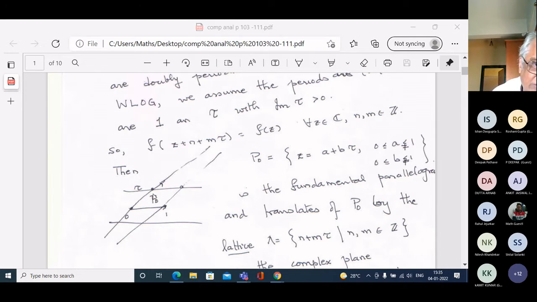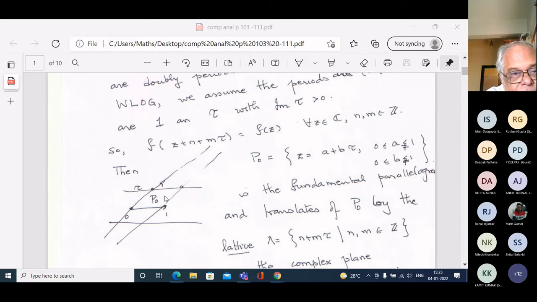So if you have a holomorphic function that is doubly periodic, then you look at what happens on the closure of this one parallelogram. Then the function is continuous. This parallelogram closure is a compact set. A continuous function on a compact set is bounded. Therefore, the function is bounded on the closure of that parallelogram, and the translates of that parallelogram cover the whole complex plane. Therefore, the function, if it is entire and bounded, is a constant.